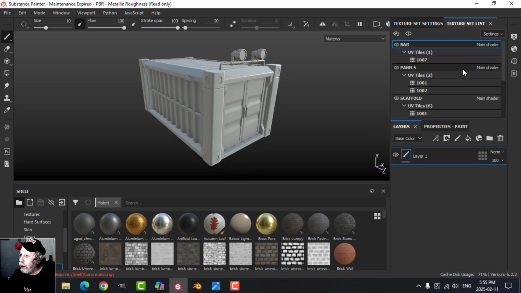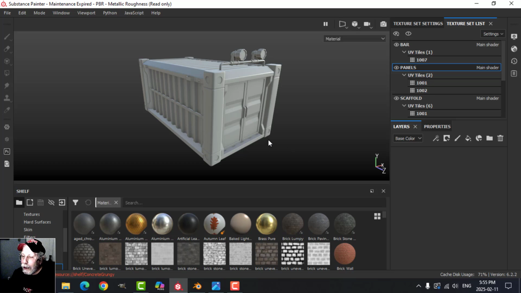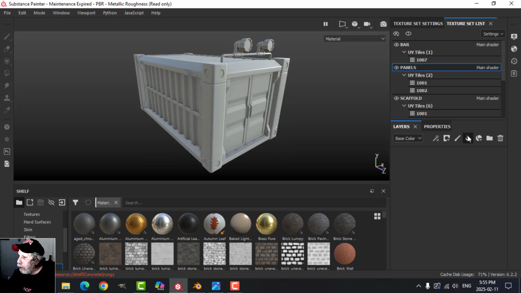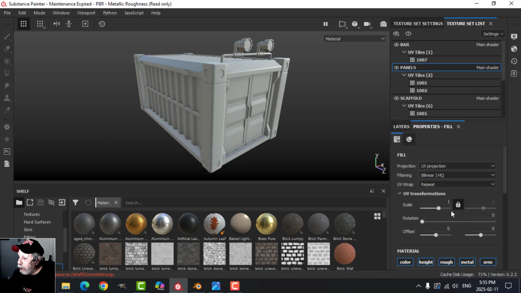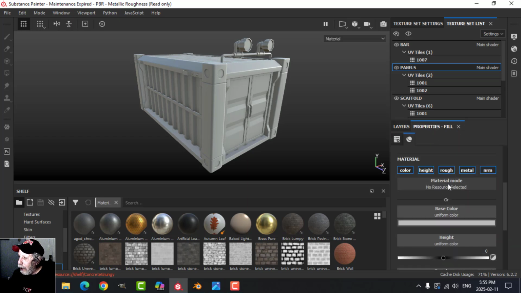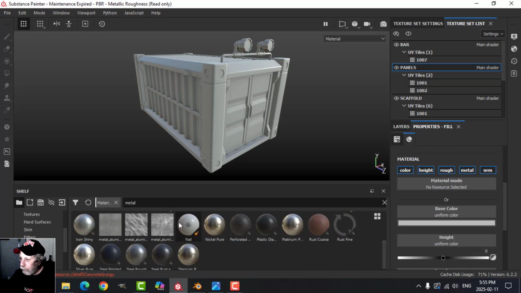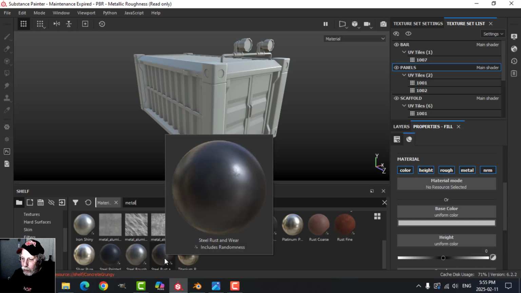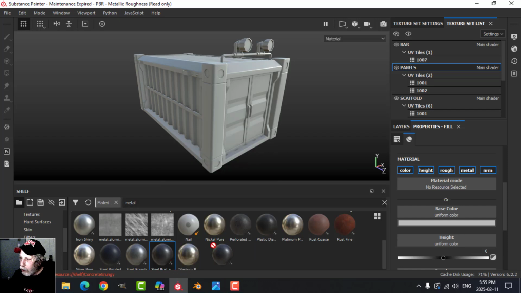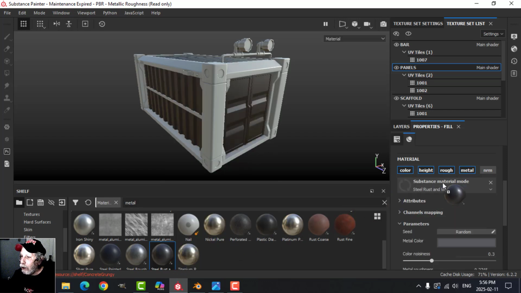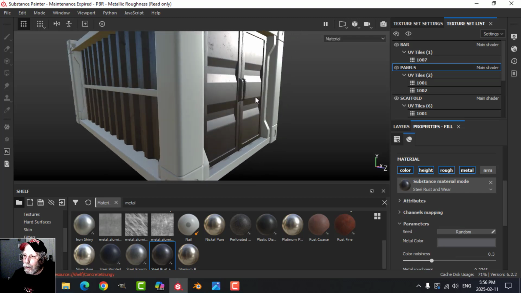So let's go over to the texture sets, and let's start with the panels, which is this part here, to create this material. To do this, I'm going to create a fill layer. I'm going to the properties, and under material mode, I'm going to search for metal. And this one here, I think this comes with Substance Painter. I'm not sure. It's called Steel, Rust, and Wear. You could try any of them, but this is a really good starting point for what I want to do. I'm going to drag that into material mode,